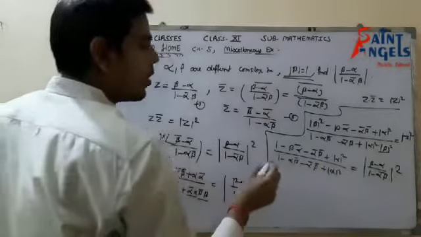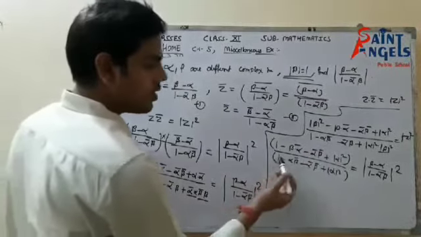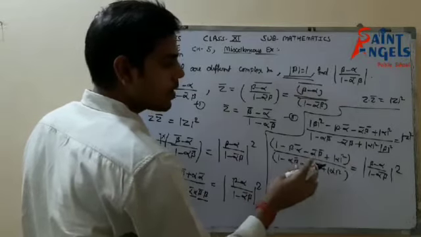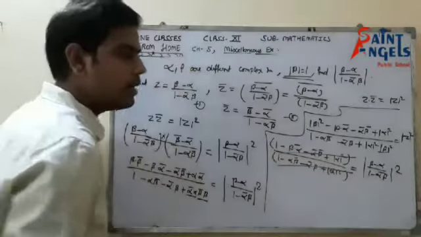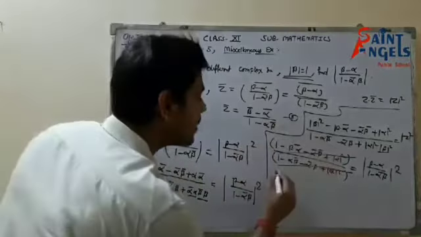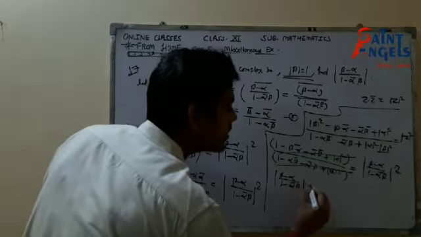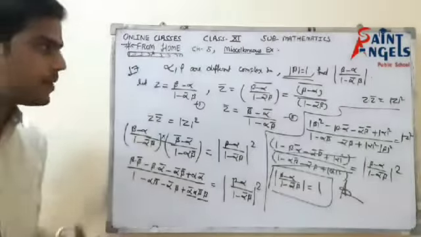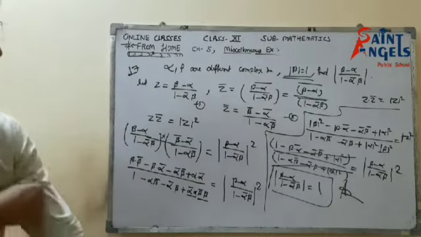Okay students, now can you see that the numerator and denominator of this fraction are equal? You can see 1 minus alpha beta bar minus alpha bar beta. Here this is okay, and alpha square, so it would be cancelled out. It means what? This value is equal to 1. If the square equals 1, then the value would also be equal to 1. So from here we can tell that beta minus alpha upon 1 minus alpha bar beta is equal to 1, and this is our required answer. It's quite a different question. We haven't solved this kind of question before, so please pay attention. Okay, now pause the video and note it down.